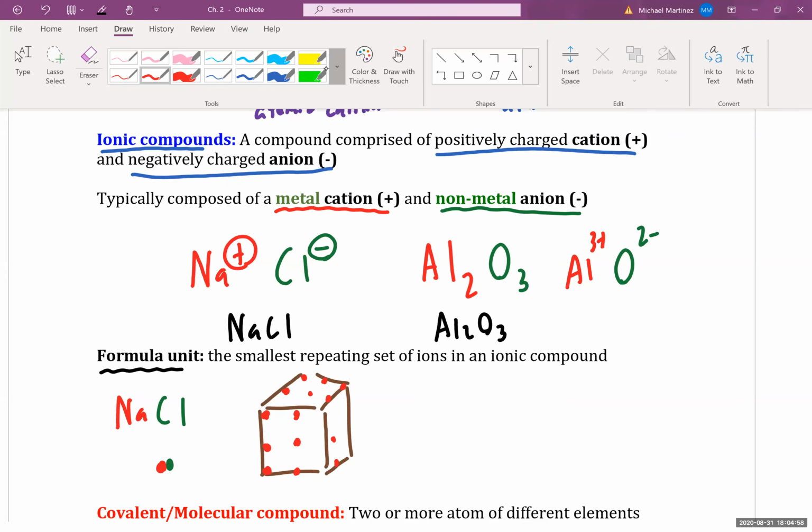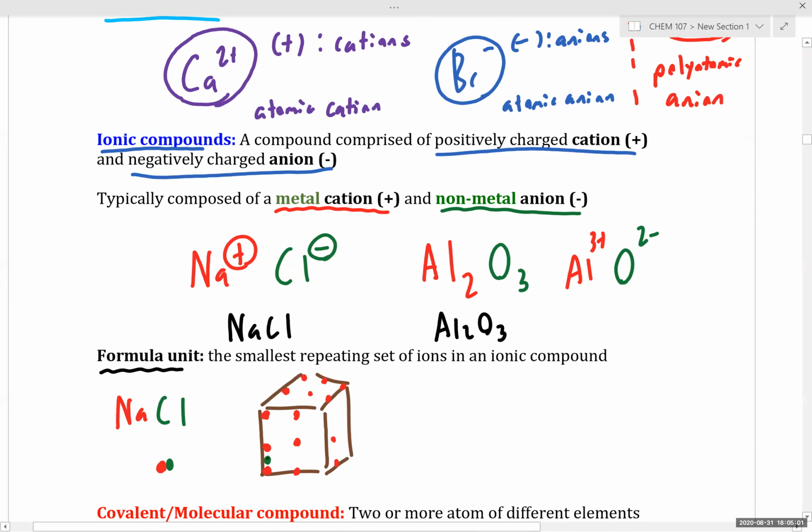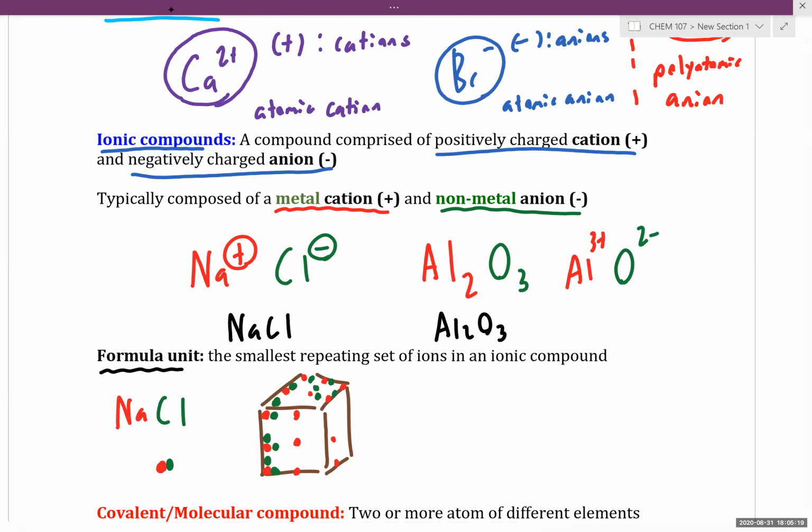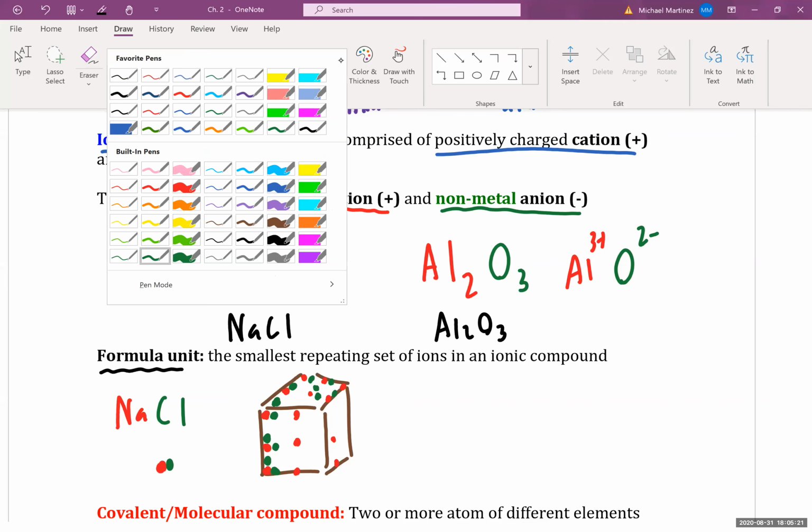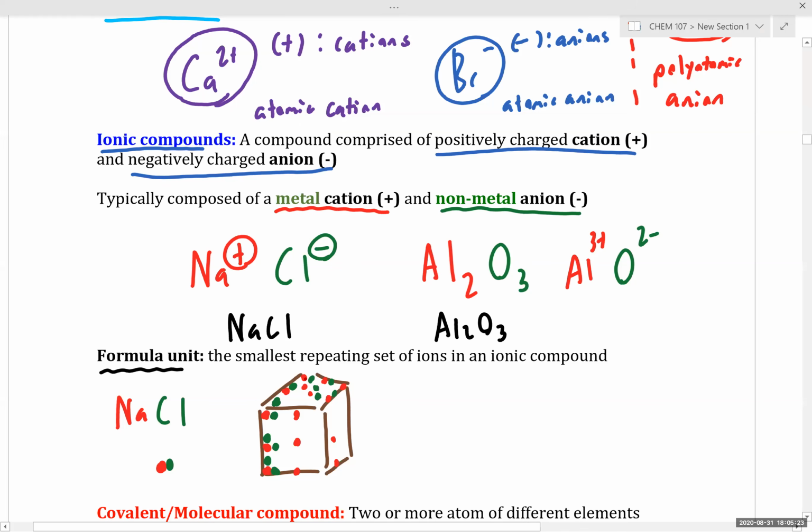These lattices, these repeating structures containing our cation and our anion, are what make up our ionic compounds. So we take this smaller repeating unit of our cation and anion, this smaller formula unit, and upon repetition, we are able to generate a